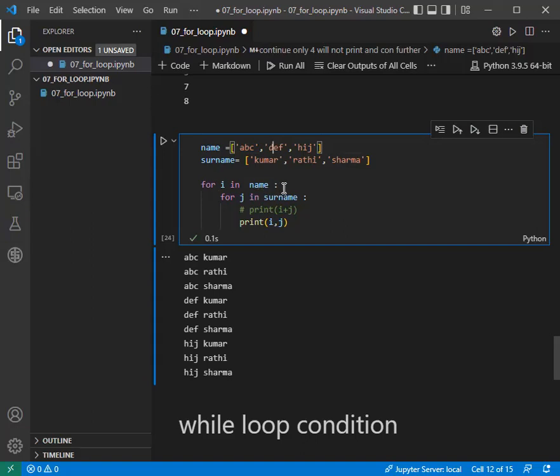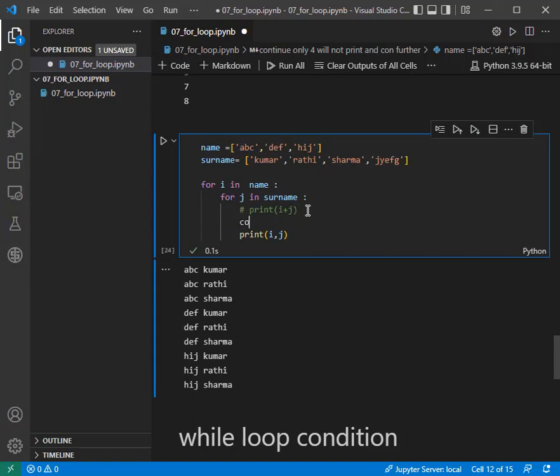I think you know how this for loop is running within itself. First value of this is 0, here 1 2 3 until the string completes. If I have here one more string, something of this sort,